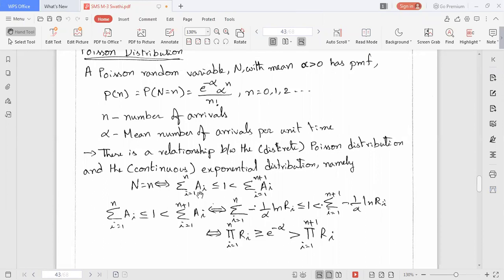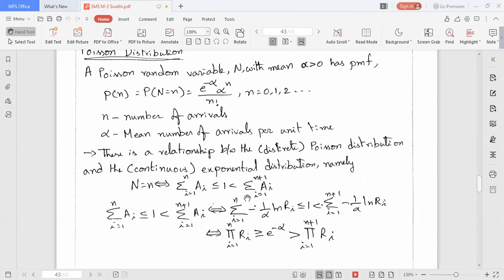Then the sum from i equals 1 to n of A_i is less than or equal to 1, which is less than the sum from i equals 1 to n plus 1 of A_i. That can be written as the sum from i equals 1 to n of minus 1/alpha times ln R_i less than or equal to 1, less than the sum from i equals 1 to n plus 1 of minus 1/alpha times ln R_i.